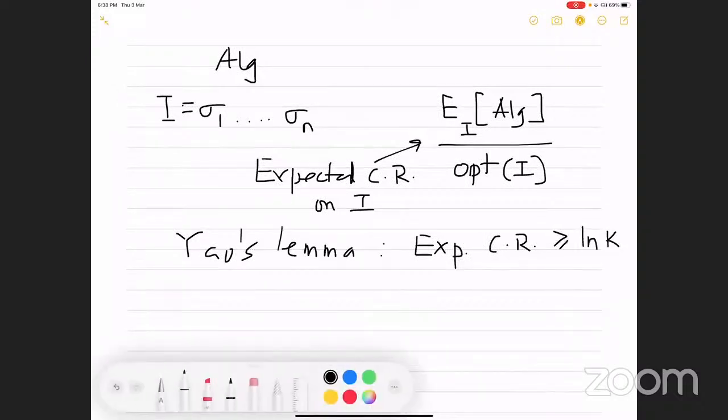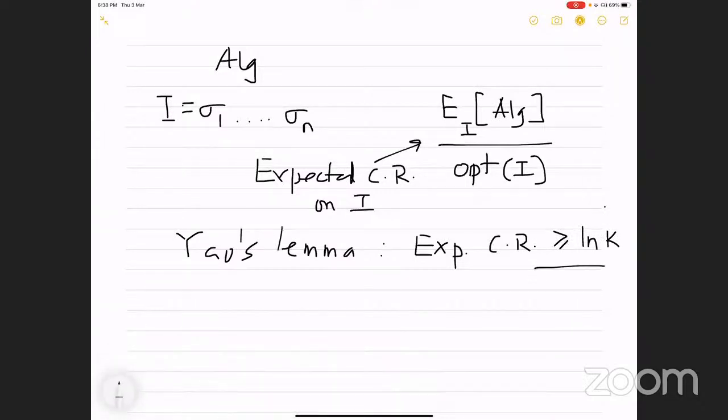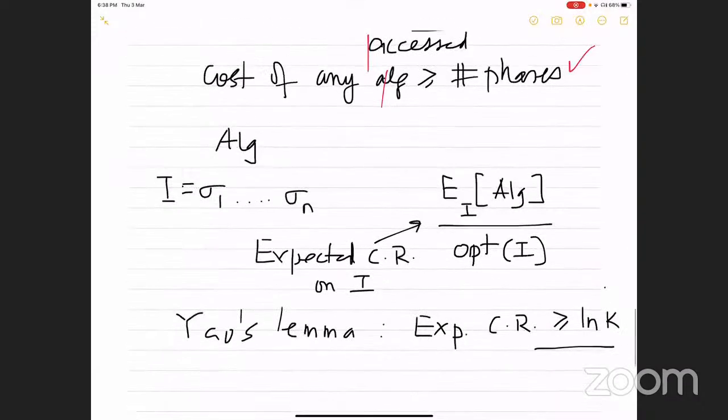Just like we had this adversary which could give a bad example for us, there is now an adversary, but this adversary doesn't get to see the coin tosses of the algorithm, and so this lower bound goes down from k to log k. So you cannot get a constant, but you cannot go below log k. What we will show is that there is a very simple algorithm which achieves an expected competitive ratio of log of k. I hope the definition is clear.